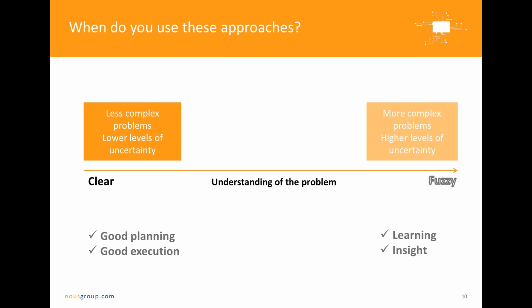On the other side, there are those problems where not only am I not sure about the solution yet, I'm really not even sure about the nature of the problem. These are the environments that are much more complex, much more uncertain. And so if I was to use my analogy of doing some work on a piece of strategic planning for a client, well, they would probably come to me with, we don't know what we really need to do. We just know that we're worried about digital disruption.